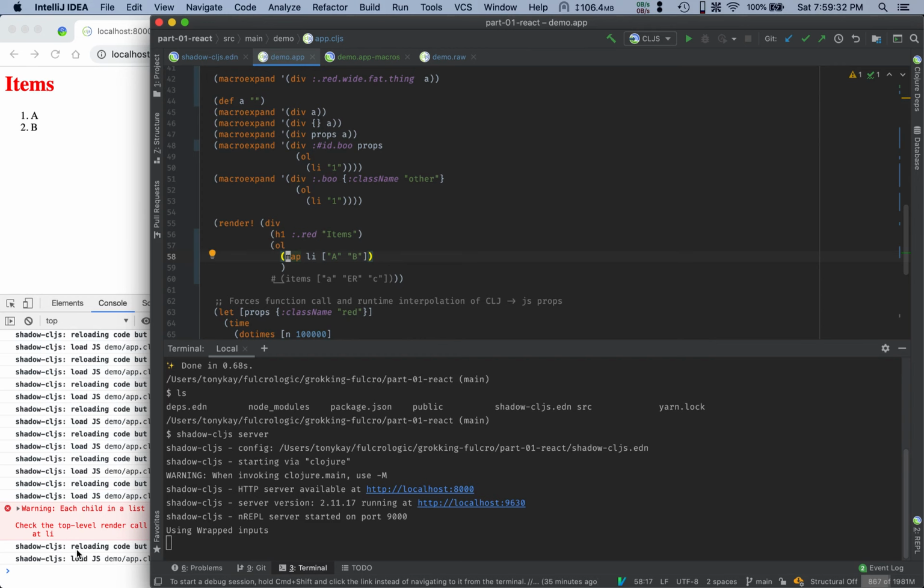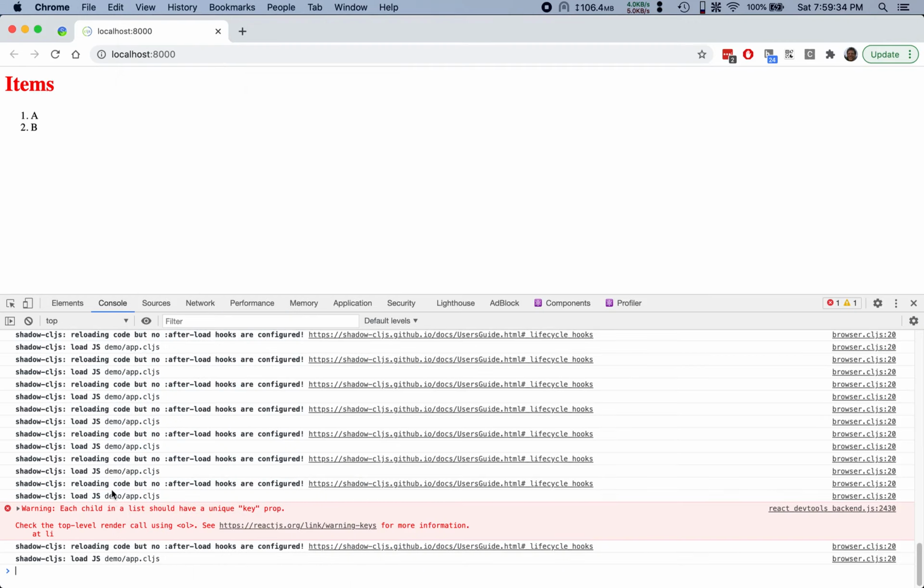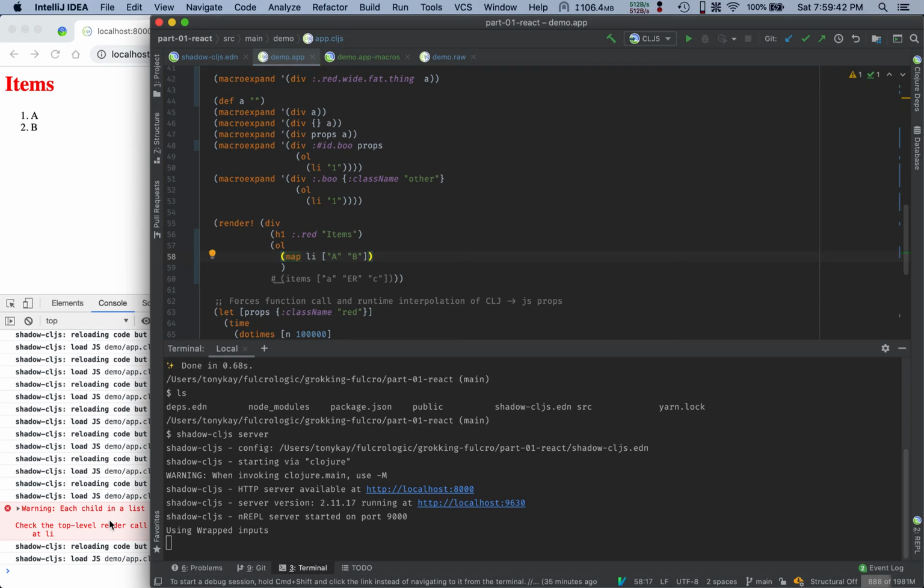What did you do? And so this warning says, all right, I'm going to make my best effort at rendering the list, but if you do multiple frames here, it's going to potentially look screwy. I'm going to get confused and maybe render it wrong, or at the very best, it's going to be slower than it needs to be. So you can get away with this kind of warning, but the better thing to do